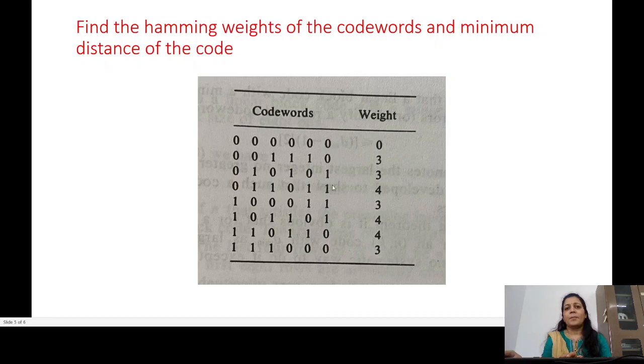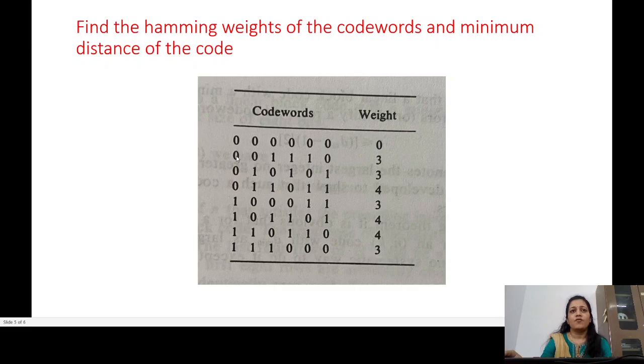Because if you want to find out the minimum distance, first of all you have to find out the Hamming distance, and we know that Hamming distance is always calculated between pairs of words. So how many Hamming distances do you have to calculate, just verify. Between all zeros, C1, C2, C1, C3, C1, C4, C1, C5, C1, C6, C1, C7, C1, C8.